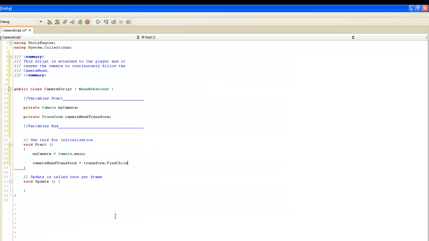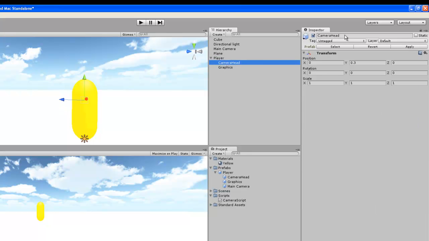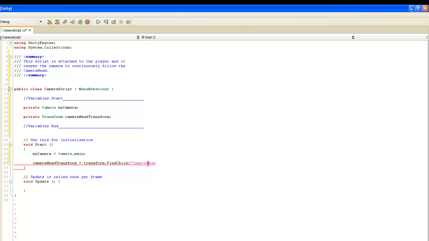So find child, and have brackets, quotation mark, and then write the string camera head. So you need to remember the exact name, or you could have just clicked on camera head and copy pasted, Control-C, and just come back here and pasted it in. I just did Control-V there. And then close off the quotation and close the brackets. And then put a